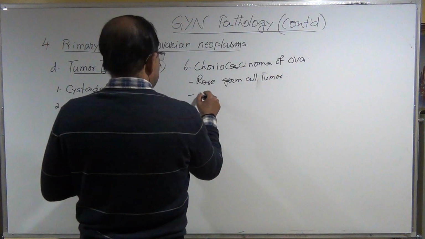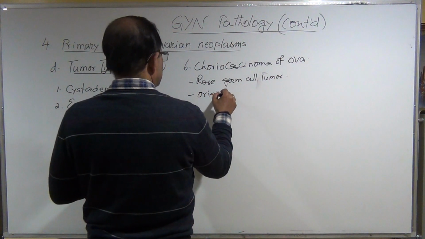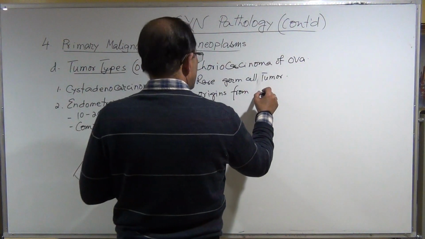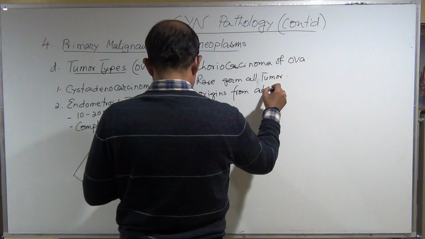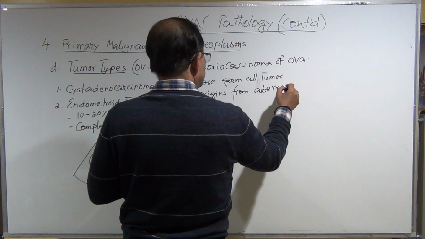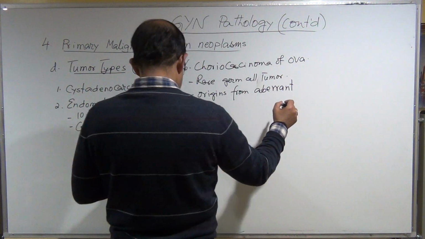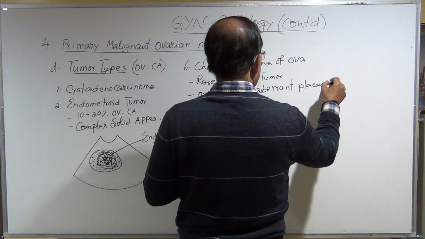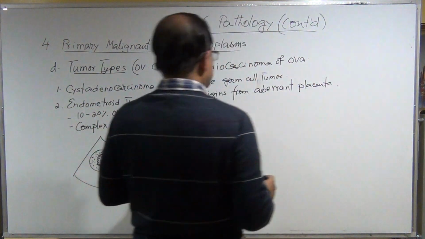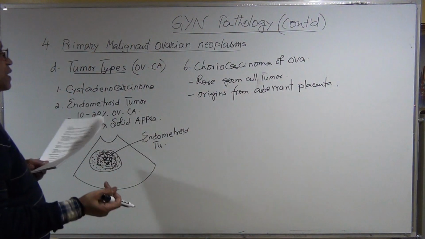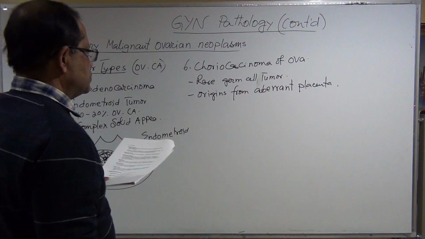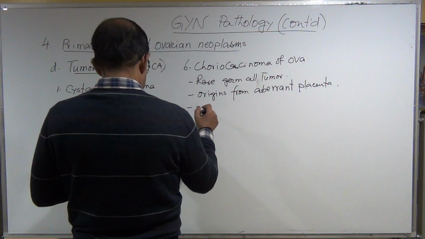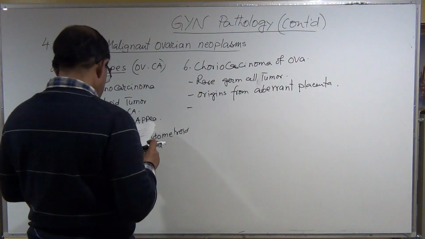and it originates from aberrant placenta. Aberrant placenta means like an ectopic placental tissue. A non-pregnant patient will present